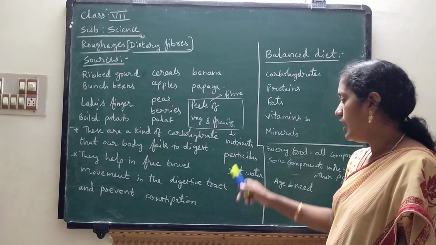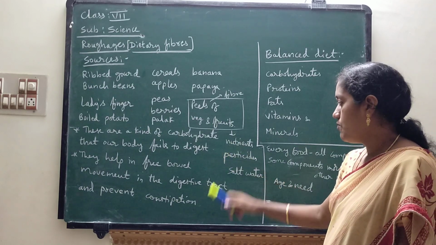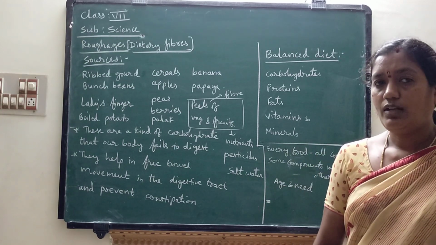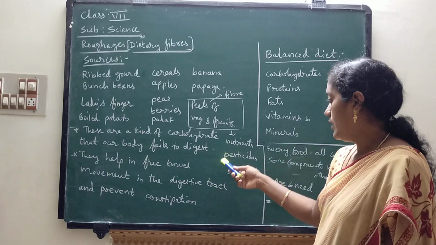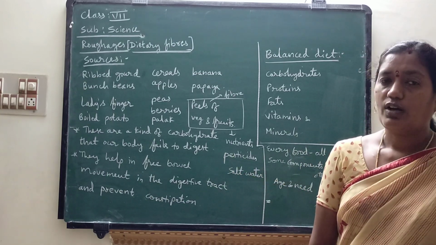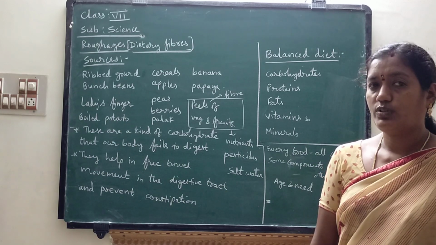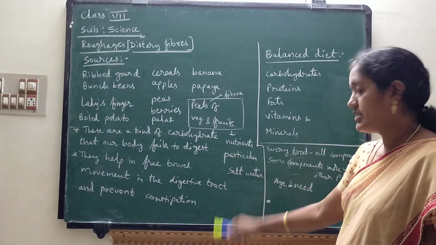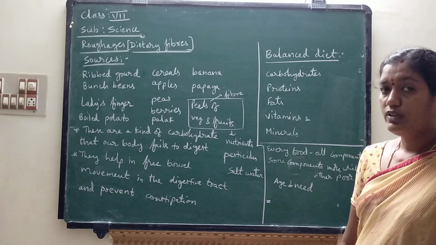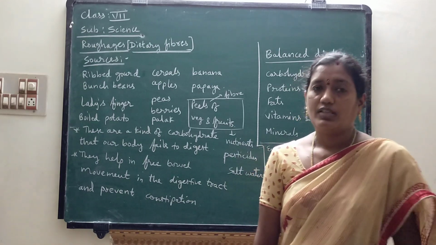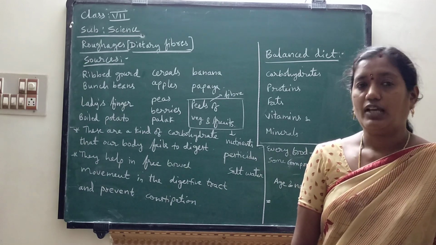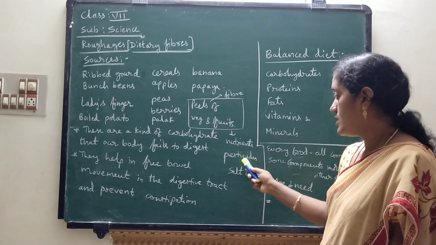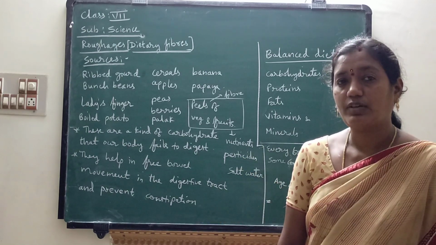Next, children, some farmers grow these vegetables and fruits. They use pesticides in order to grow their crops in a healthy manner; farmers will spray pesticides onto the crops, children. So that's why we have to keep these vegetables and fruits in salt water for 1 or 2 hours in order to take out the chemicals present in the form of pesticides.